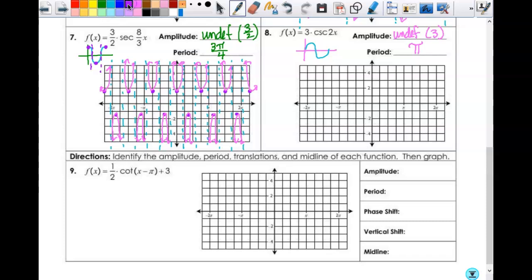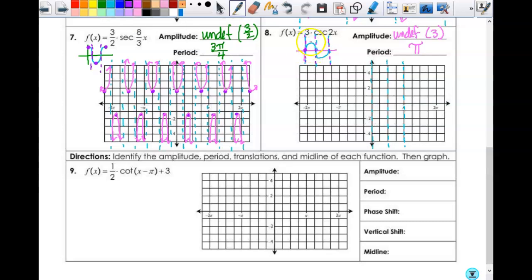All right. So I start here at 0, 0, and there's no shifts, so everywhere I have a 0, these are asymptotes. So I actually have an asymptote here on the axis. That's this one. Then there's one at the end of the period. The period is pi. Then there's one halfway between, which is at pi halves. And then